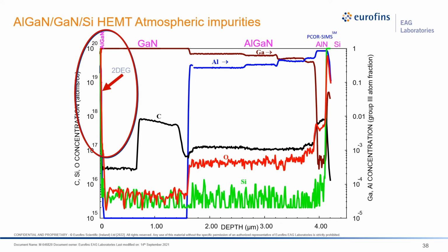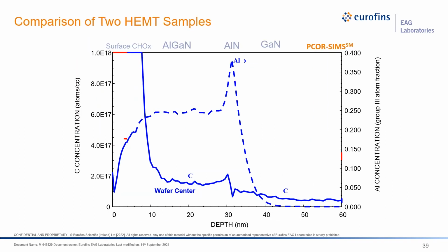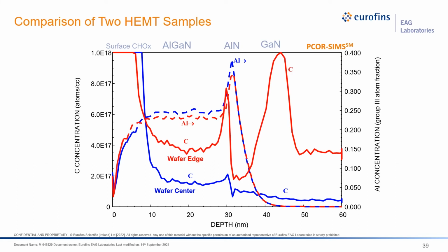By now, you should know that SIMS, in a different mode, you can actually resolve monolayers. So let's look at that top layer and compare that top layer, which is only 30 nanometers thick, for carbon concentration, which is very difficult because you have a very high concentration of adventitious carbon on the surface that creates a tail into where you want to measure. But yet, in a proper SIMS sample prep and sample analysis, you can make a comparison between the two samples for as thin a film as